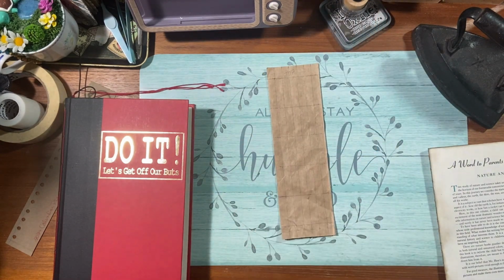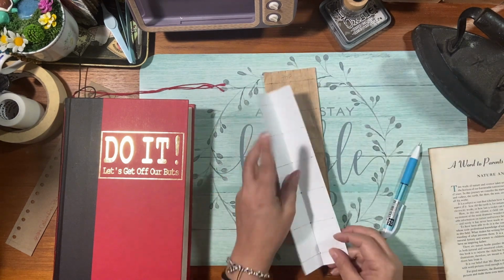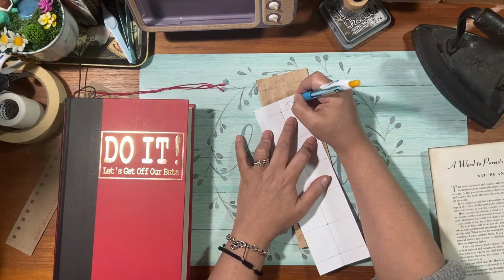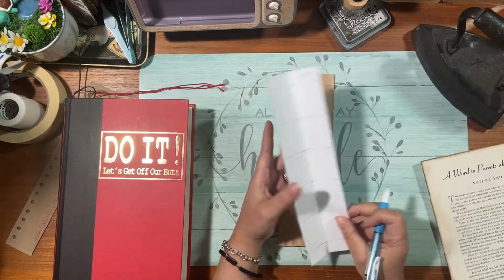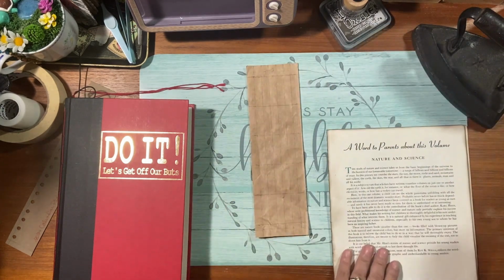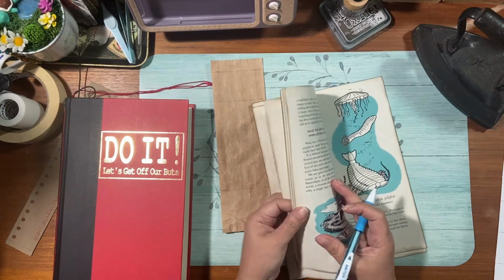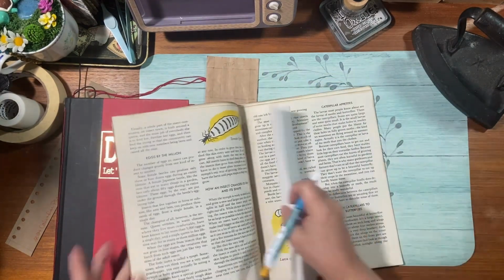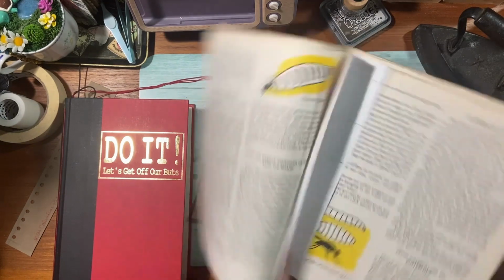So I made that, and then I also made the other template. Need to go ahead and label. Always label your template, the top, so you know where to put it. So this one is what we're going to use so we can put our holes in our signatures, like this, like that. Okay,